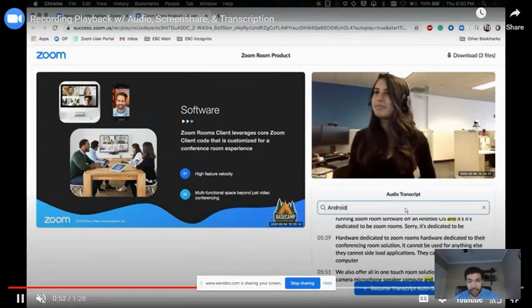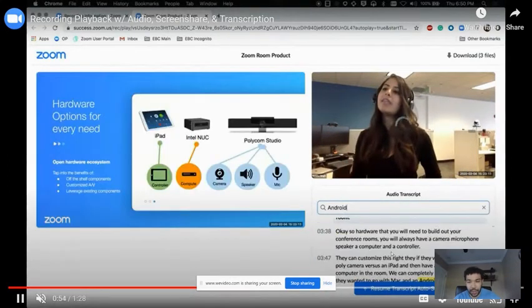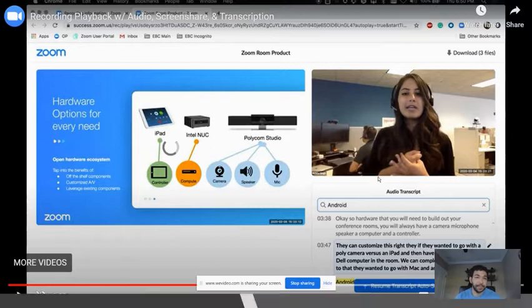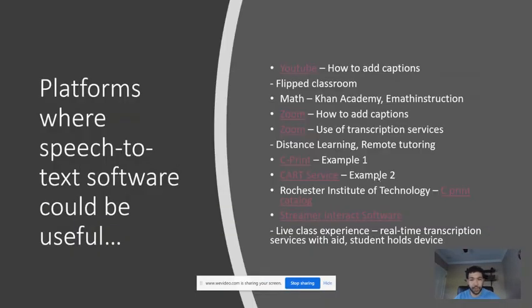So this person right here is going to type in Android, and you see here that you get all of the different captions that are highlighted in yellow that contain the keyword that you want. So very, very beneficial to any learner actually, but certainly a student who is hearing impaired. Okay, so now let's get